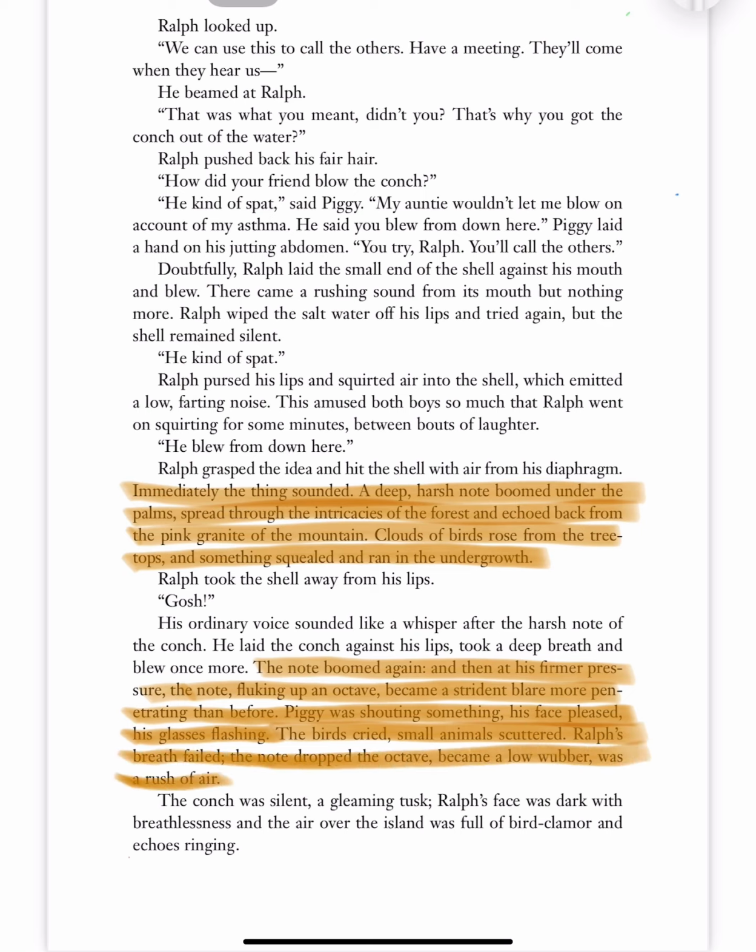"Piggy was shouting something, his face pleased, his glasses flashed," even though Ralph cannot hear what Piggy was shouting about. "The birds cried." Here the word cry is very important. Why? Because